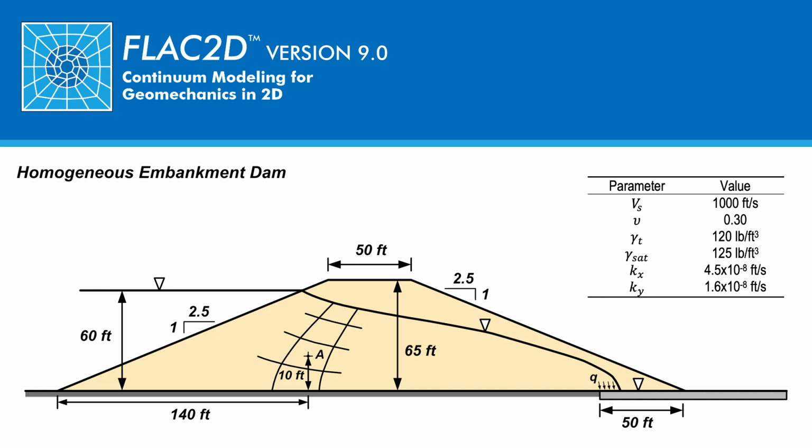This is a three-part tutorial using FLAC2D to calculate the total and effective stresses and water flow for a two-dimensional analysis of a homogeneous embankment dam. This initial analysis is a frequent problem encountered in dam engineering and one that can be solved in a relatively